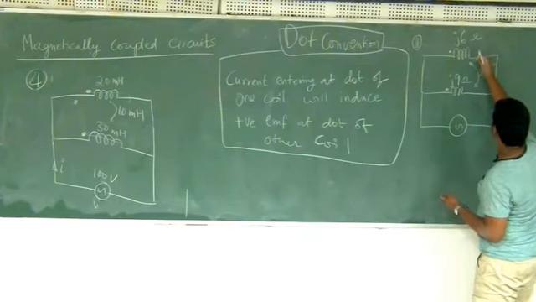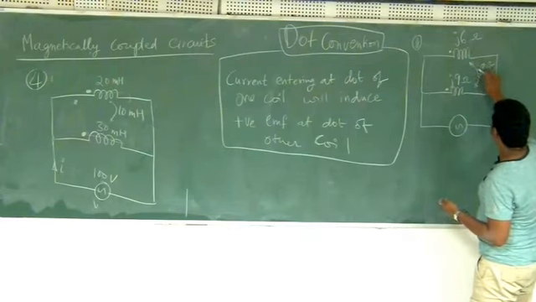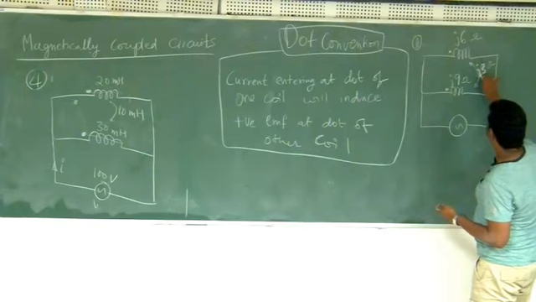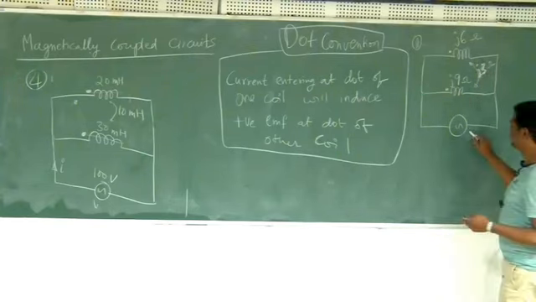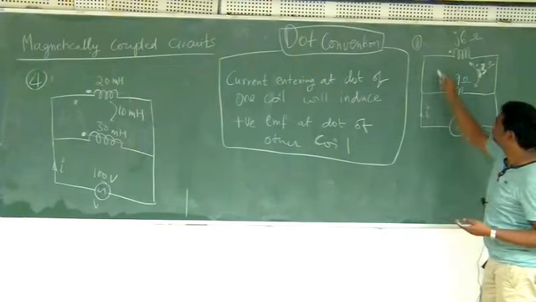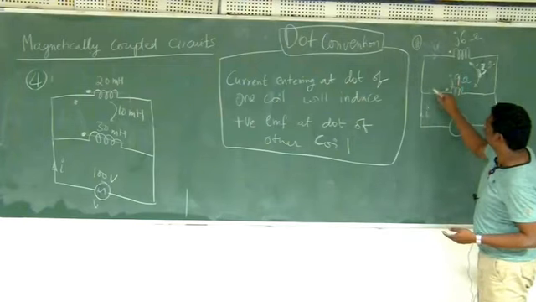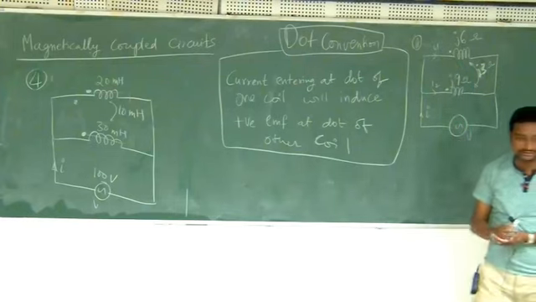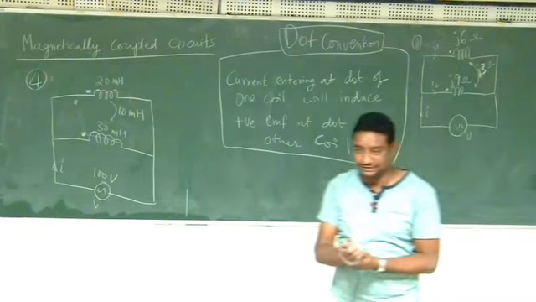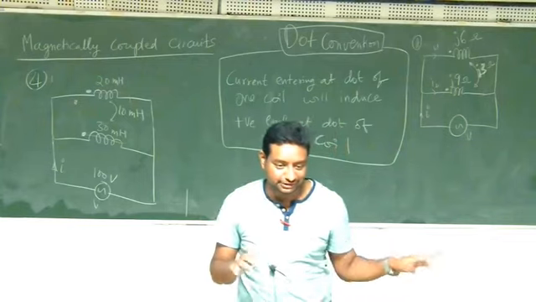Sorry, J3 ohms. So J3 ohms, correct. Now what you do is very simple. Instead of finding I, you find out what is I1 and what is I2. Find out I1, I2, then add them, you will get the I. That's an easier way of doing it, instead of finding total impedance and all this.